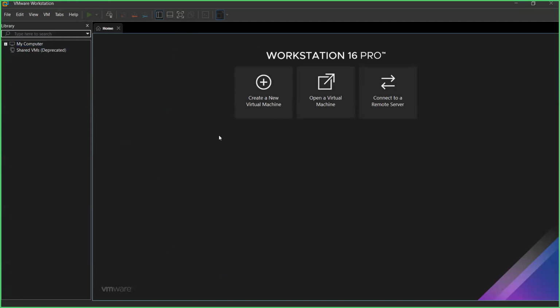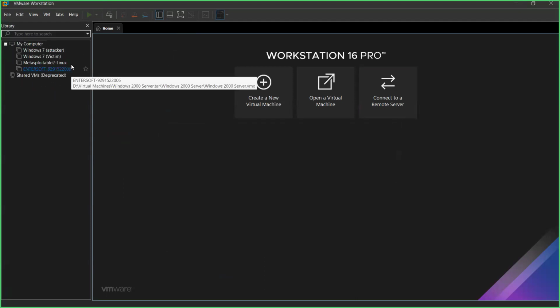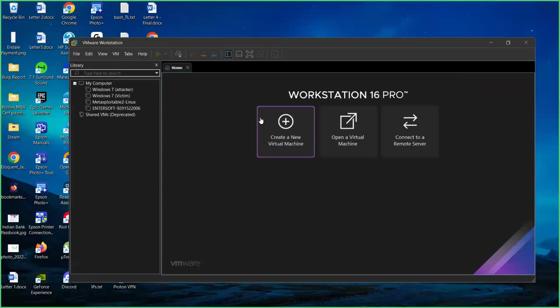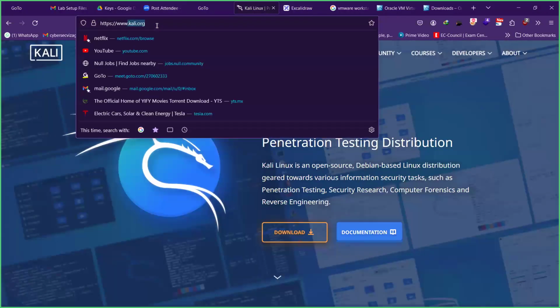And in this now, we have to install the Kali Linux operating system. So let me quickly delete that. So now I don't have Kali anymore on this. Okay, so I'm going to install Kali in this now. First things first, we need to download the Kali OS. So to download that, we can go to the official website of Kali, kali.org.